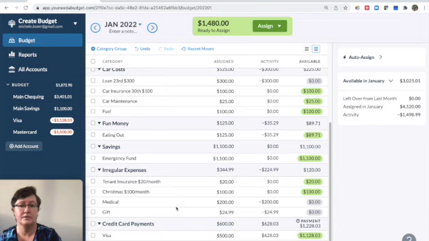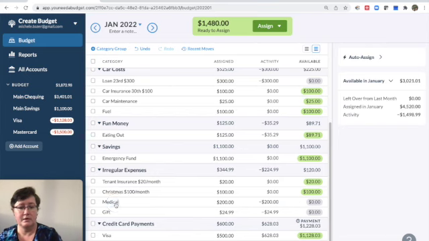So let's say, for example, we had medical. So we had in medical, we had $200. That was a medication refill that we used as an example. You could have medication in here if you do physio or chiro or anything like that. You can estimate how much you're going to use every month and just keep building it.